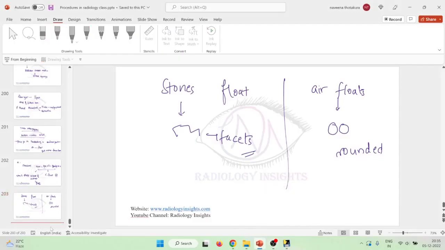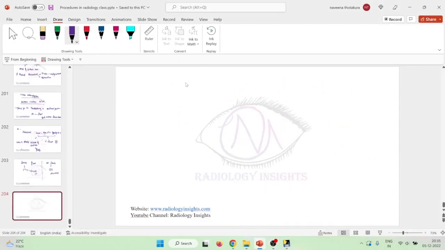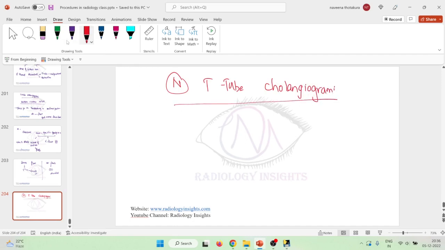Hello friends, let us now learn about what you see in a normal T-tube cholangiogram. In a normal T-tube cholangiogram, what do you see? One important thing is,